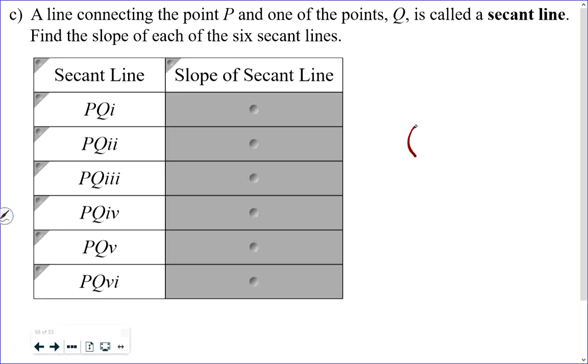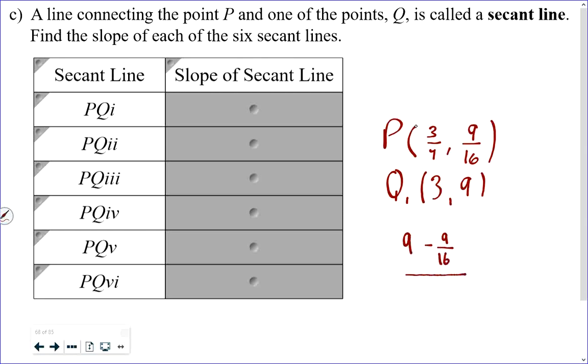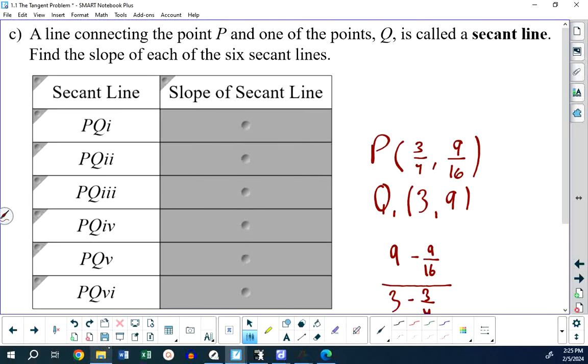Don't write anything. You certainly could say that P is at 3/4, comma, 9/16, and Q1 is at 3, 9, right? And then you would go 9 minus 9/16 over 3 minus 3/4. Are you with me on that? Okay, I don't want you to do this. I don't want you to calculate anything. I don't want you to write anything. But then what you would do after doing that